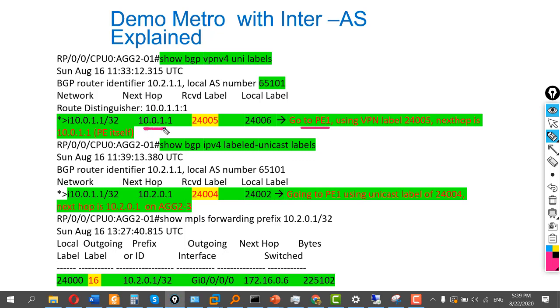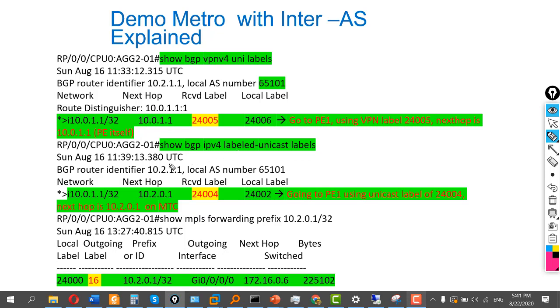This is the IP address of PE itself, and it will swap the VPN label using a new VPN label of